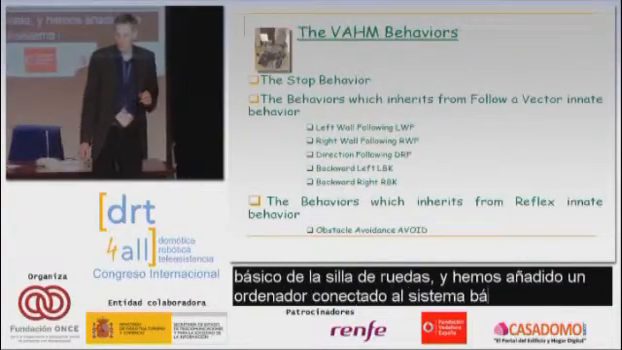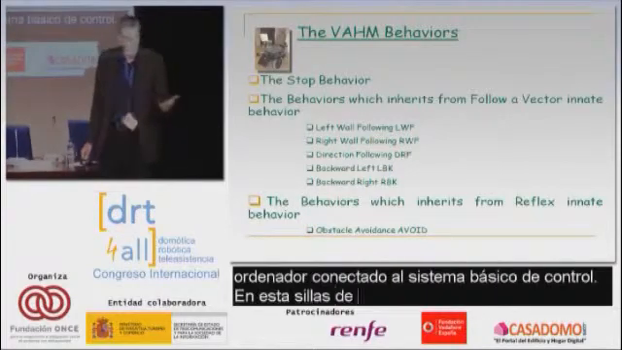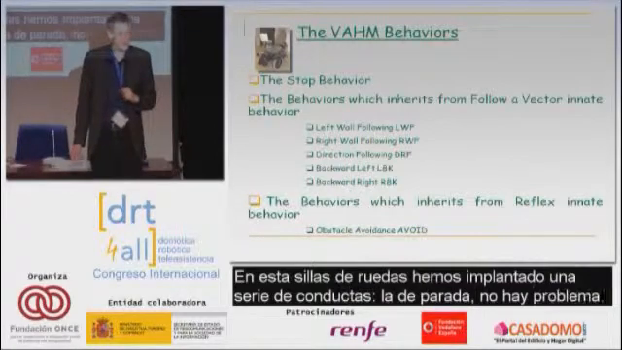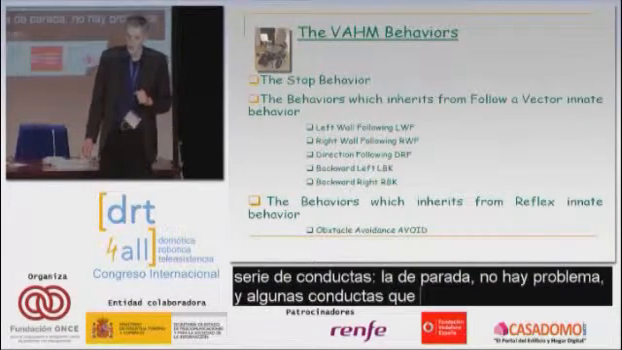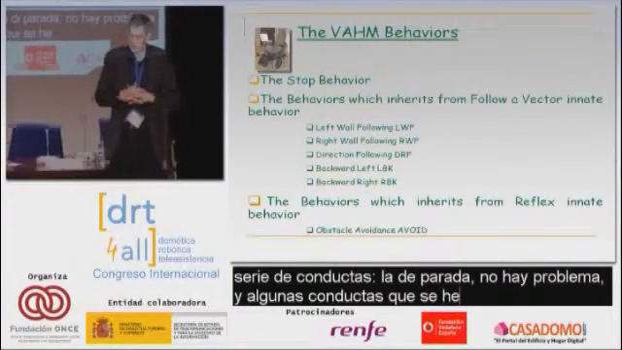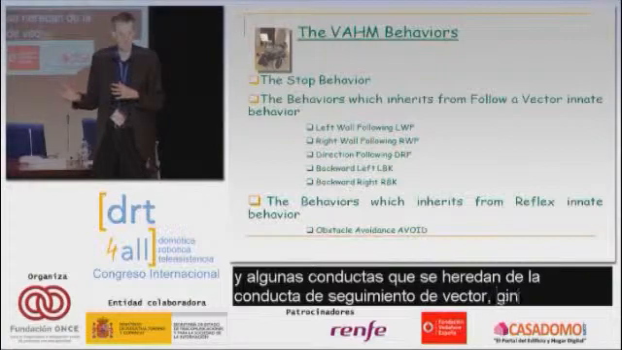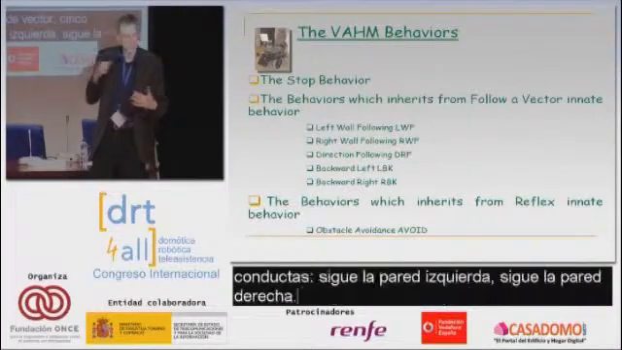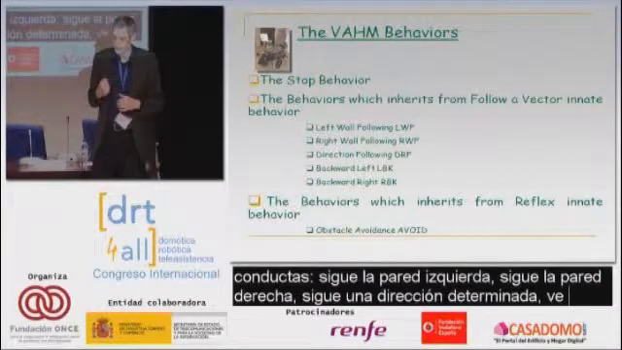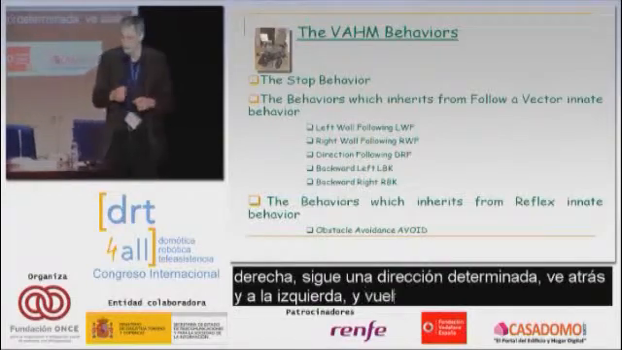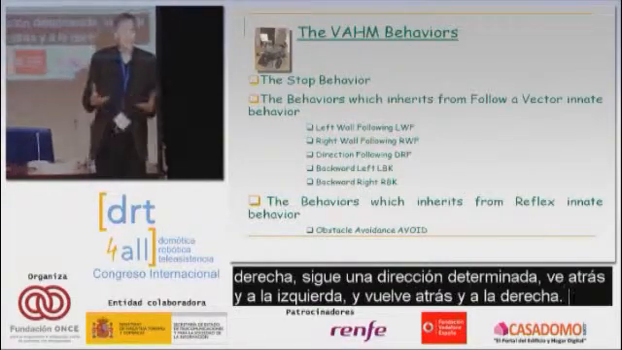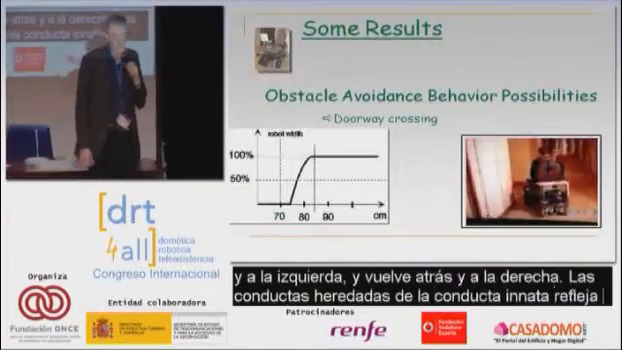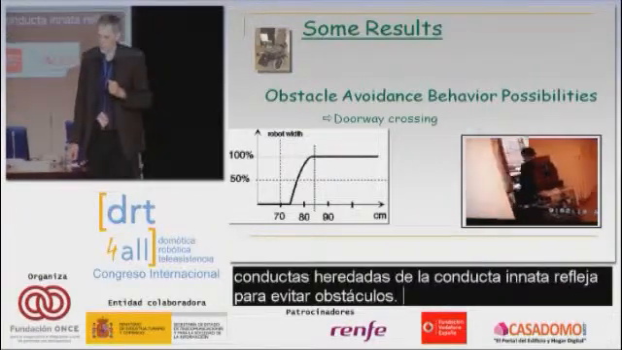On this wheelchair, we have implemented some behaviors. The stop behavior, no problem. Some behaviors which inherit from follow vector behavior: 5 behaviors: follow the left wall, follow the right wall, follow a direction, go backwards and a bit left, go backward and a bit right. And a behavior which inherits from reflex behavior, the obstacle avoidance behavior. And we have implemented this on the wheelchair I show you. And for example,